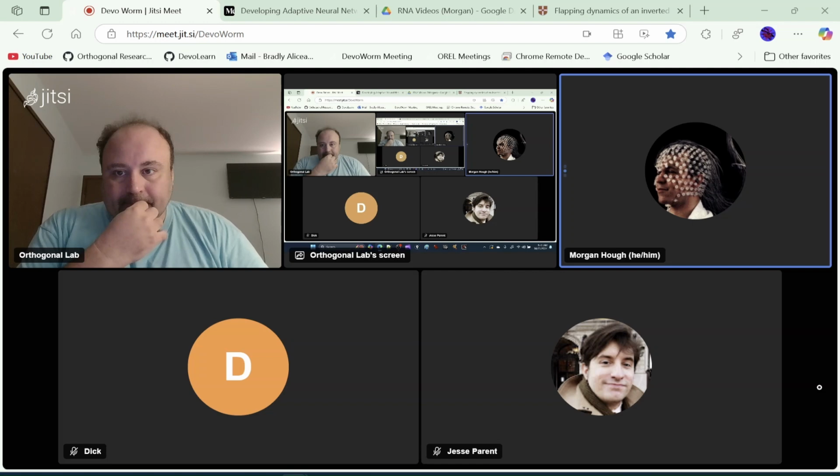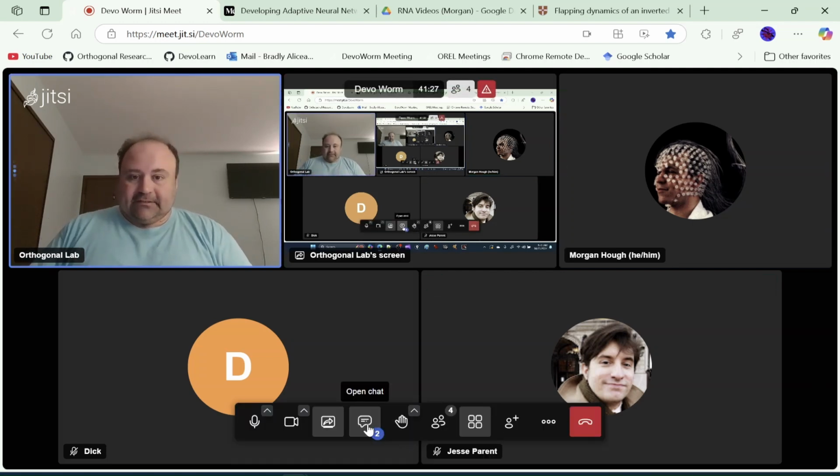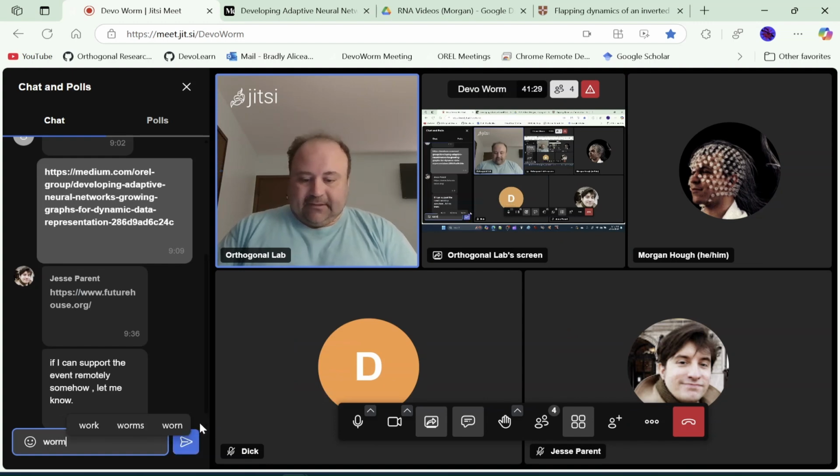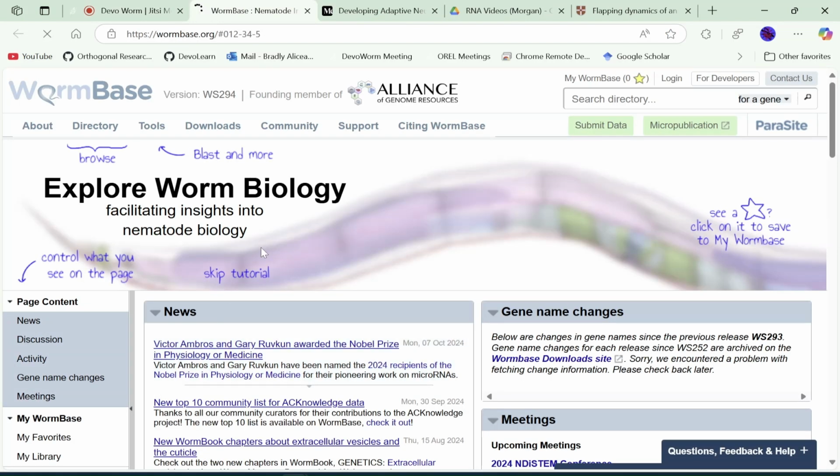So is that a database or? Yeah, it's Wormbase, and they have a lot of community resources. Wormbase is here. You have basically this version of the genome, the C. elegans genome, and you have the nomenclature for the genes, and then you might search for a gene, and it tells you kind of what it does.